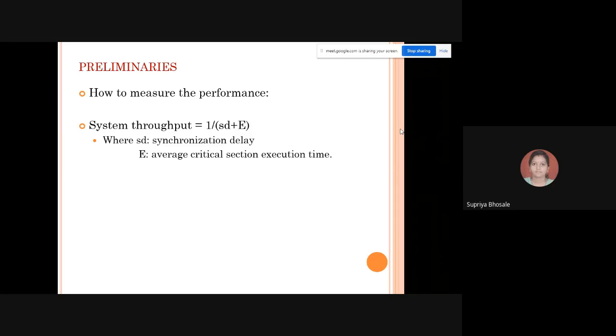सिंक्रोनायझेशन डिले म्हणजे कोणता डिले असणार आहे की मेसेज रिक्वेस्टिंगचा गेला आहे, नंतर तुम्हाला त्याचा रिस्पॉन्स आला आहे आणि मग तुम्ही क्रिटिकल सेक्शन मध्ये गेला आहात, तर या सगळ्या प्रोसेस मध्ये लागणारा जो टाइम आहे तो तुमचा सिंक्रोनायझेशन डिले टाइम असेल. अँड ई इज नथिंग बट दी ॲव्हरेज क्रिटिकल सेक्शन एक्झिक्युशन टाइम. म्हणजे क्रिटिकल सेक्शन मध्ये तुम्ही मॅक्सिमम किती वेळ असायला हवंय,